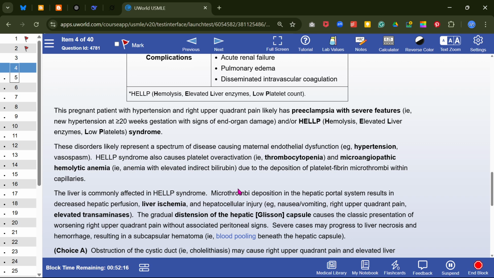HELP syndrome also causes platelet overactivation, thrombocytopenia, and microangiopathic hemolytic anemia, the anemia with elevated indirect bilirubin due to deposition of platelet fibrin microthrombi within the capillaries. The liver is commonly affected in HELP syndrome. Microthrombi deposition in the hepatic portal system results in